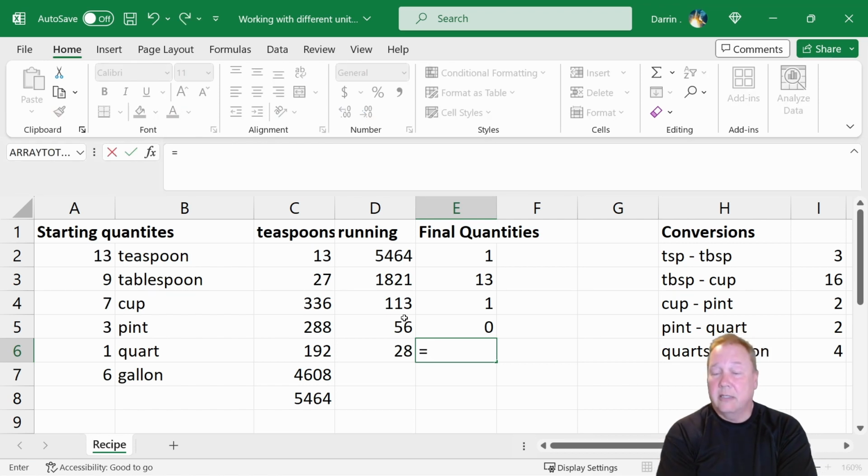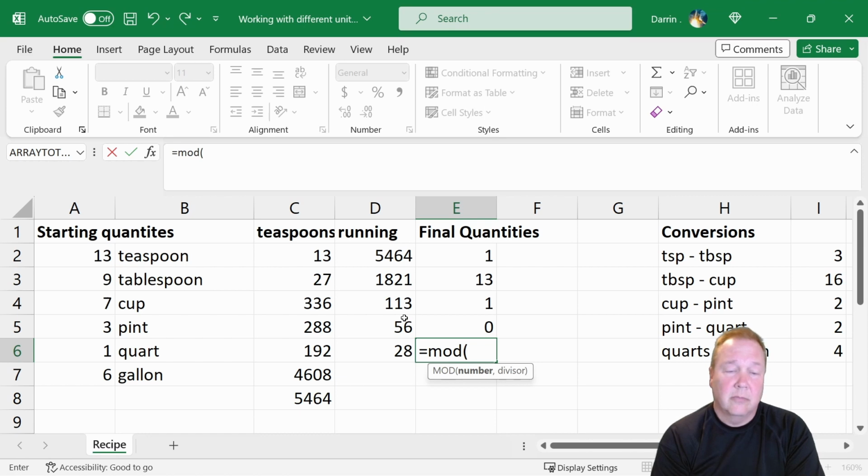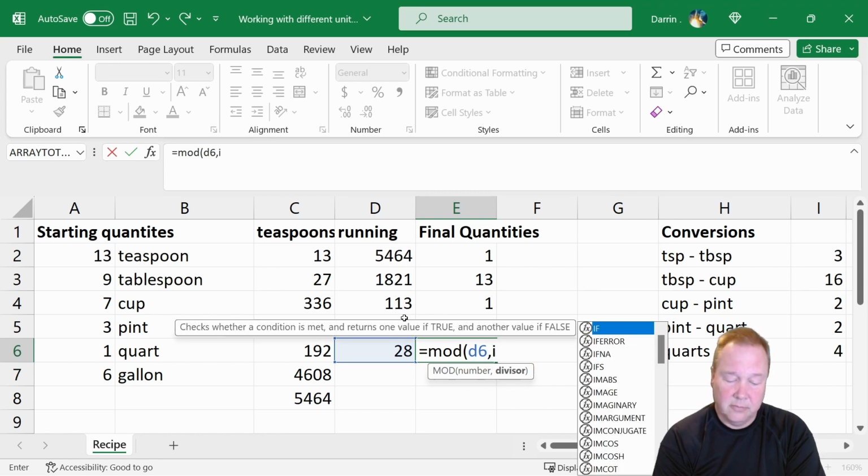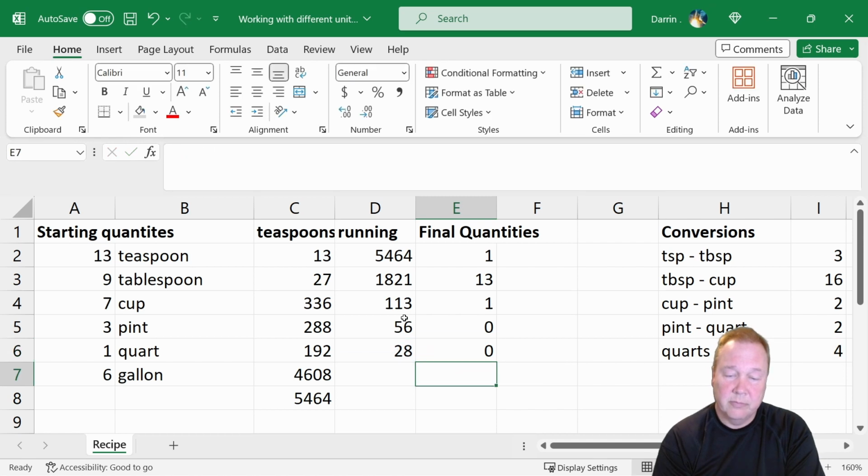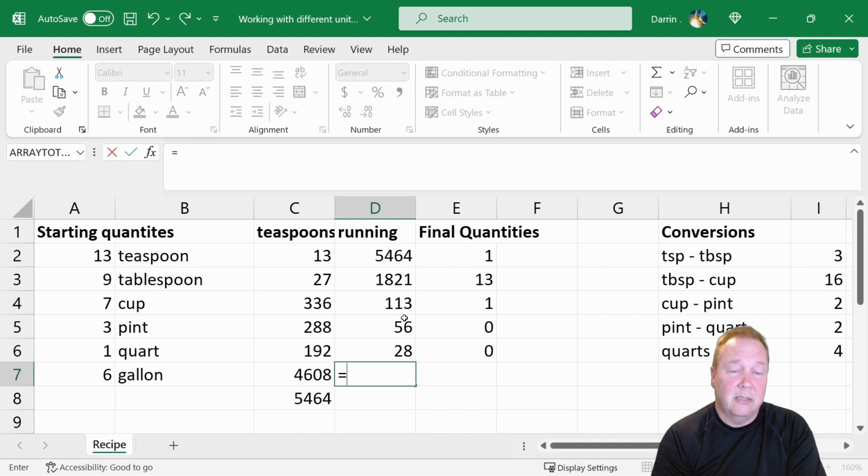28 quarts is still a lot of things to pour into there. So that's mod of D6. And 4 quarts per gallon is I6. And no quarts. Okay, this is coming out a little easier to mix this recipe up than I was thinking it would be. Okay, so this is